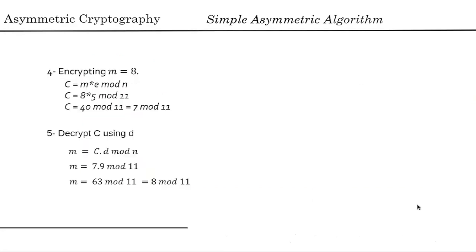Now we proceed with the final step, which is encryption and decryption. So we encrypt M using the encryption formula, and then we would get C, and that is 7. And then we send C, and the owner of the private key would be able to calculate M using the